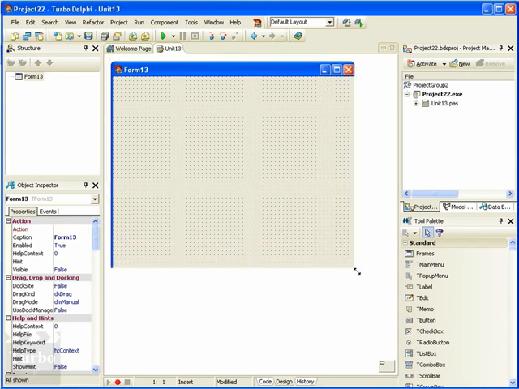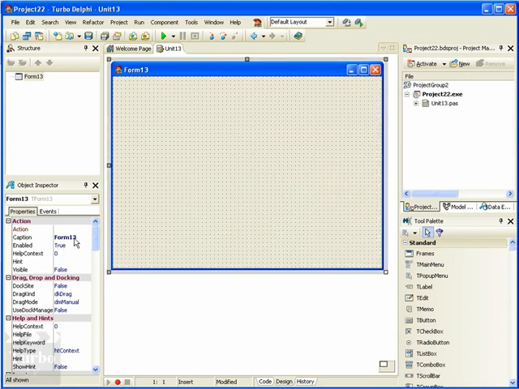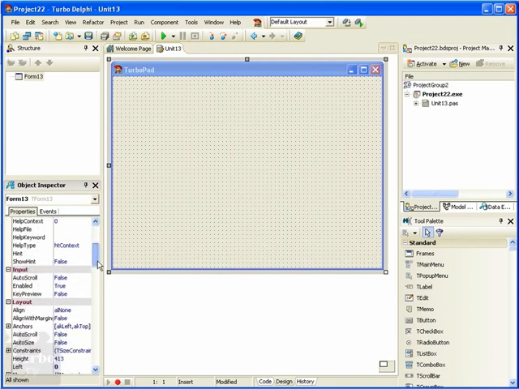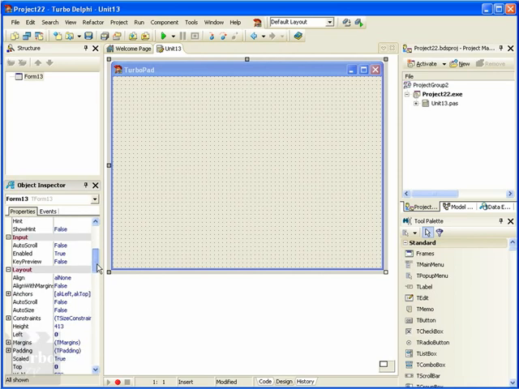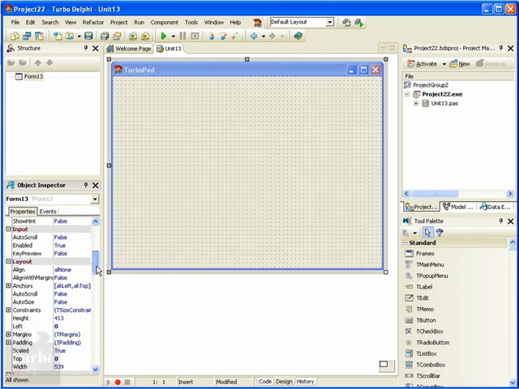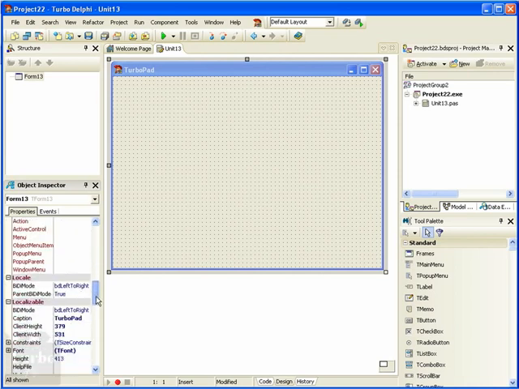Now there's going to be a few things we want to do to the form to start off. First thing is we want to change its caption. We don't want it to say Form 13. We'll call our application here today TurboPad. And in addition to that, every object has a name. And in this case, our name is going to be,